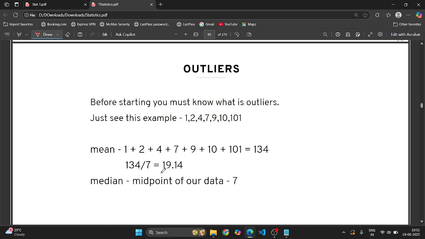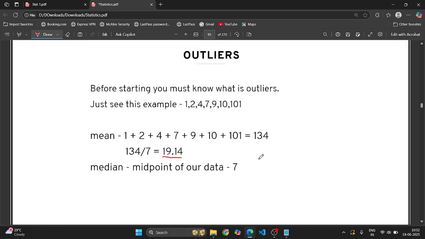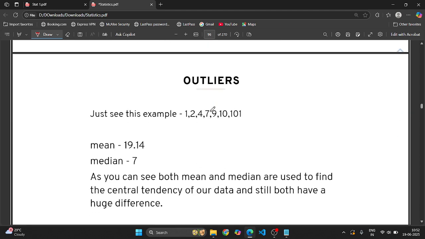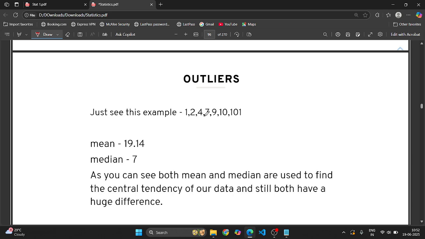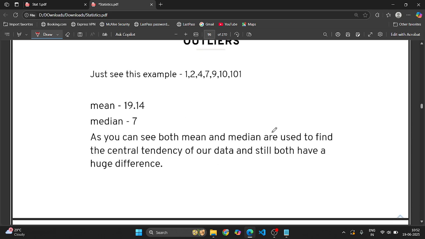So we have to find the mean. Mean means the sum of numbers divided by the total number of numbers. From this, the median: as the data has an odd count of numbers, we can easily find the median. As you can see, the mean and median are used to find the central tendency of our data, and still